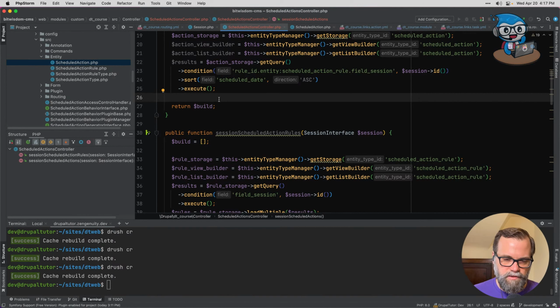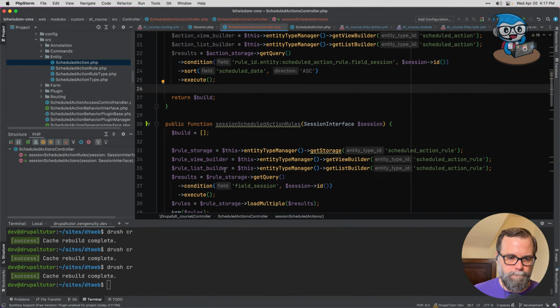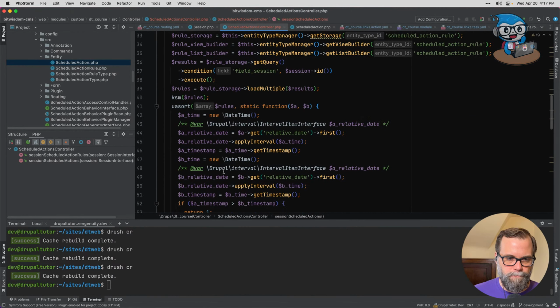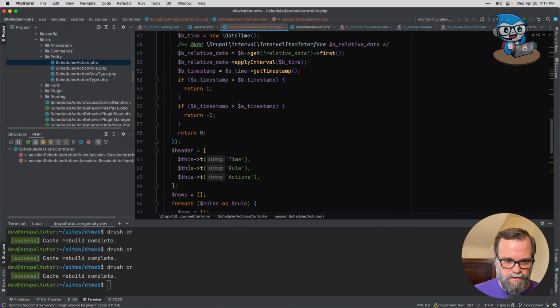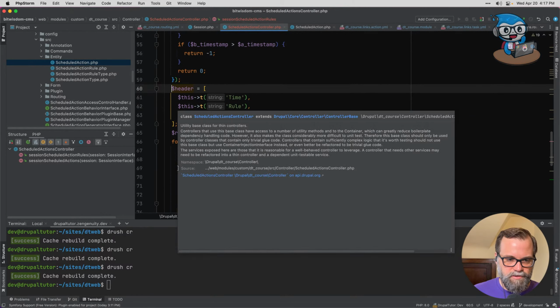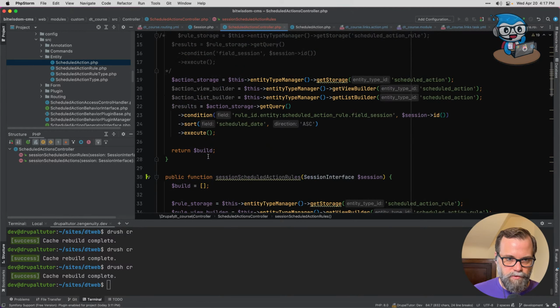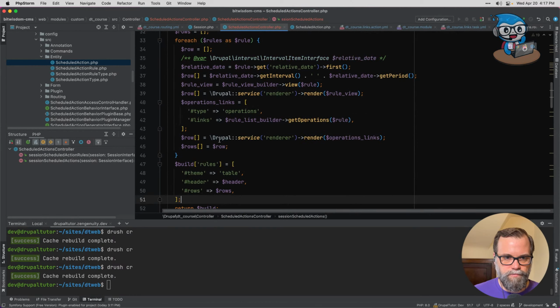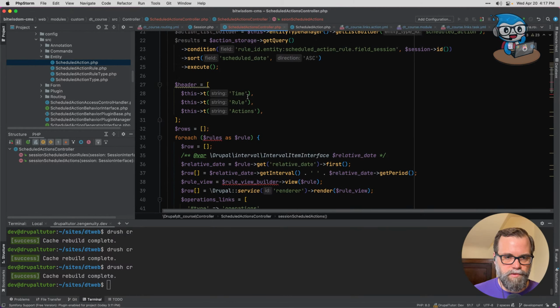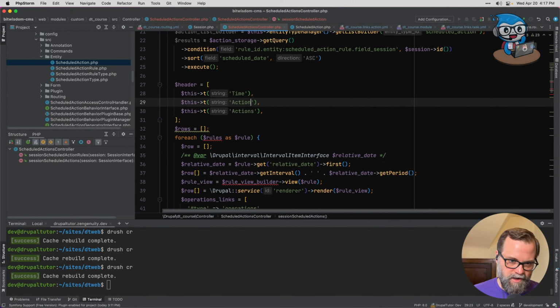All right, and then so we don't need to sort it ourselves. So then we're going to need to do something like this. I'm just going to copy this up and then we'll modify it. So we have time, action, actions, and